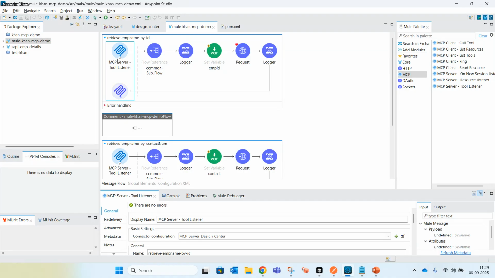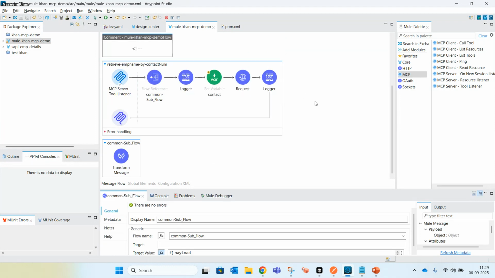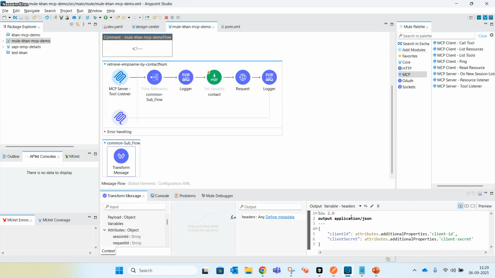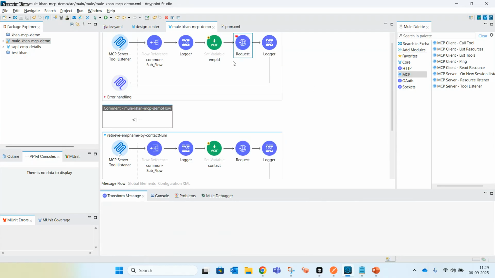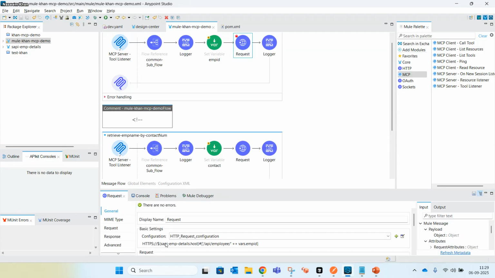So this is the MCP listener tool configuration, and this one I have used just to read the client ID secret and provide it as a header that I am using here in the HTTP request configuration.